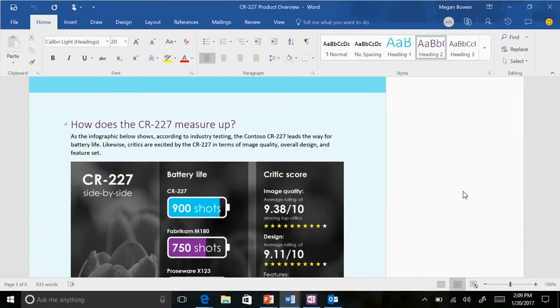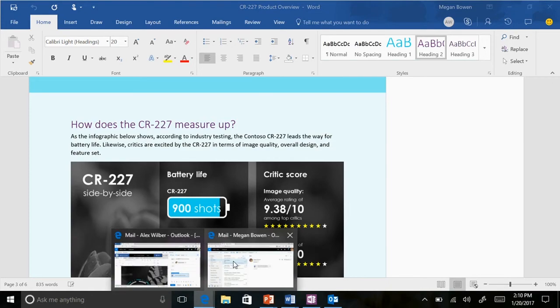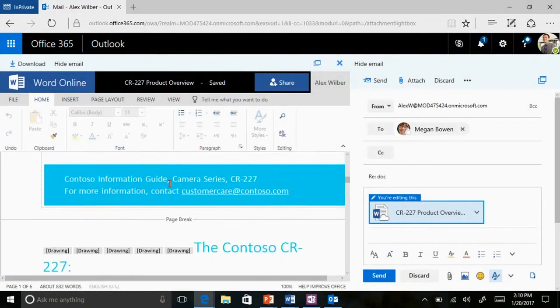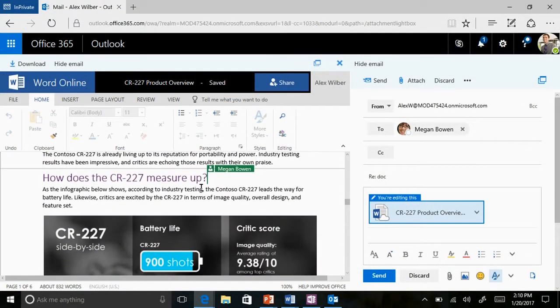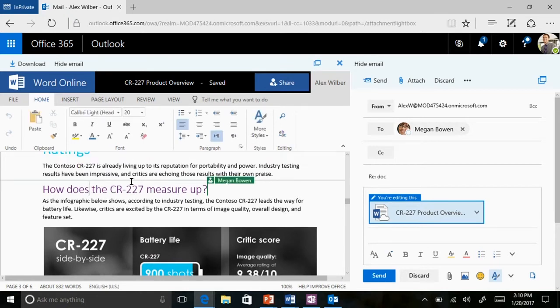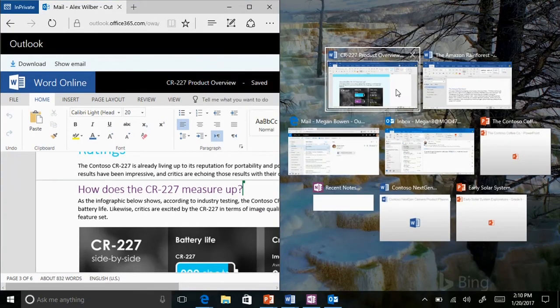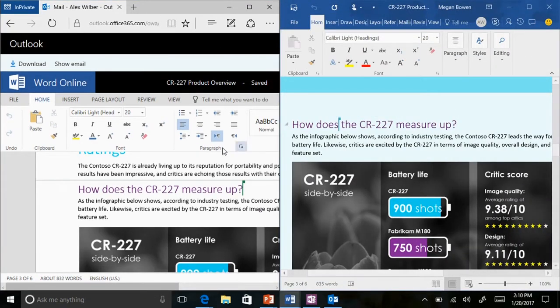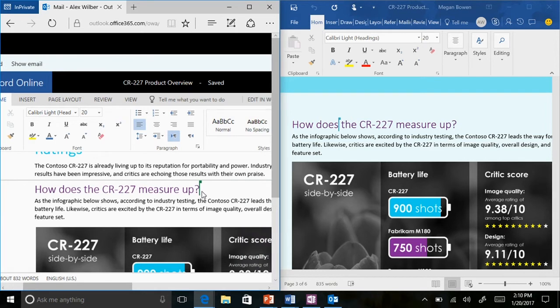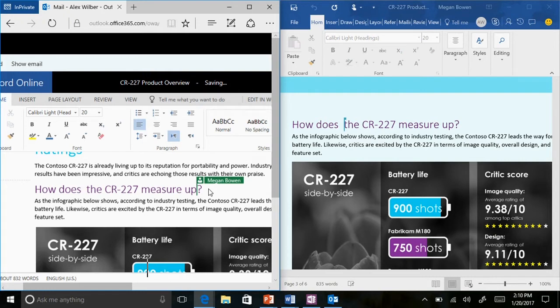So we'll go ahead and share real changes as they happen. Alex over here is going to change up how does the CCR227 measure up. We'll do a little split screen here. And the cool thing is, on this left-hand side, as I'm in Alex's profile, it lets me know that Megan is actually writing right there. That's what this green line is. So I'll go ahead and change how does it measure up and just say,